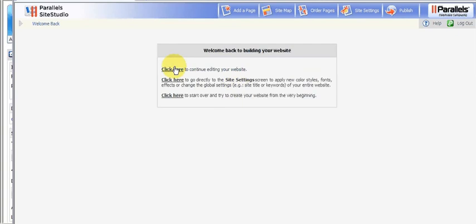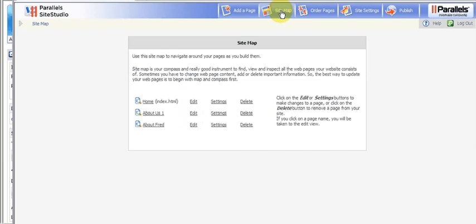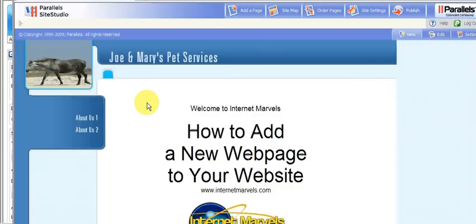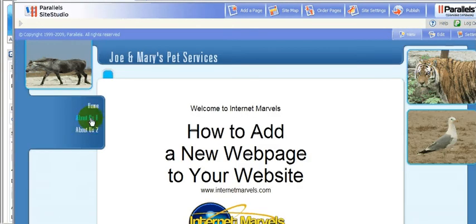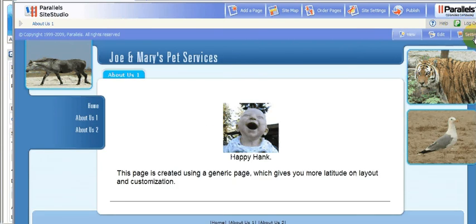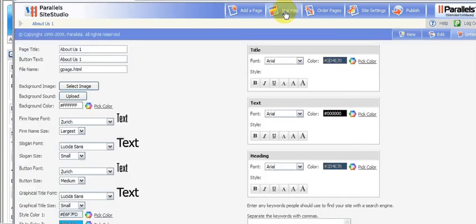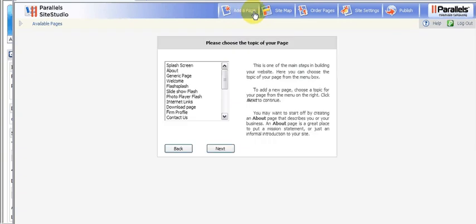Okay, now you have your options as usual where you want to go, or you can just go to the sitemap. Now, let's imagine we're going to go to the home page, and we're going to imagine that the About Us 1 and About Us 2 is not there. So we're going to go up to Add a Page,